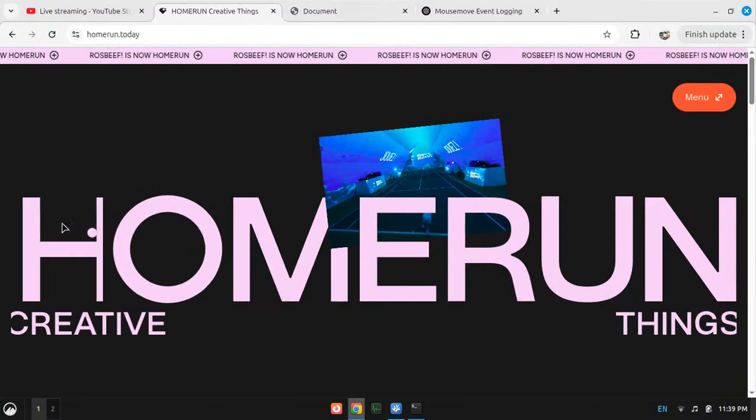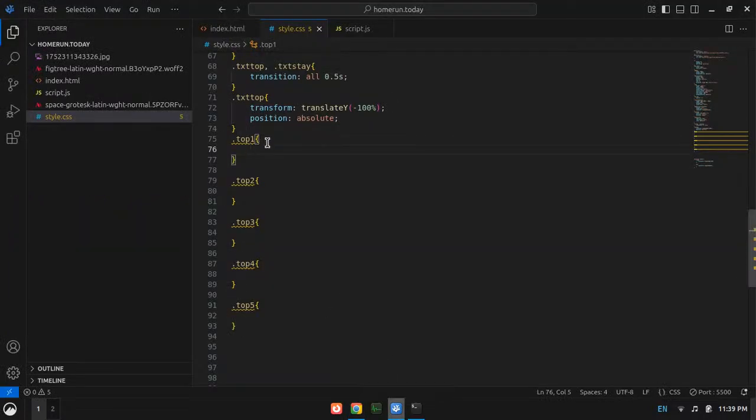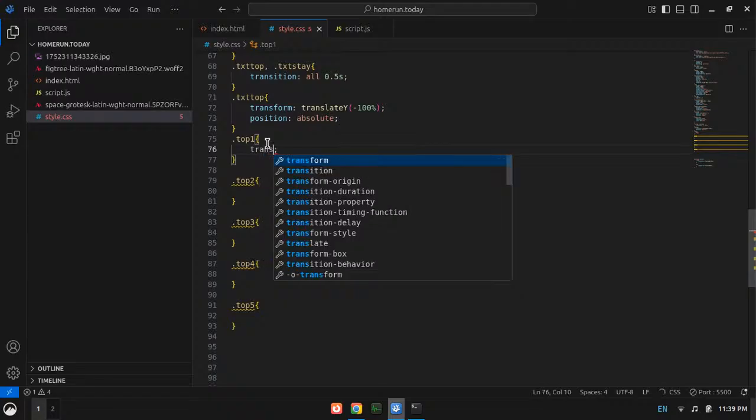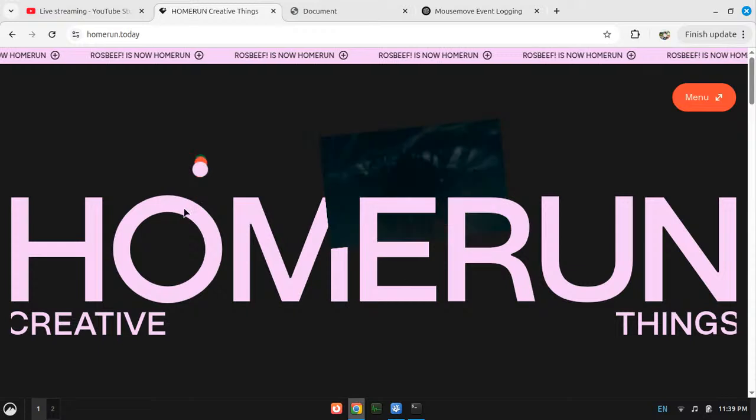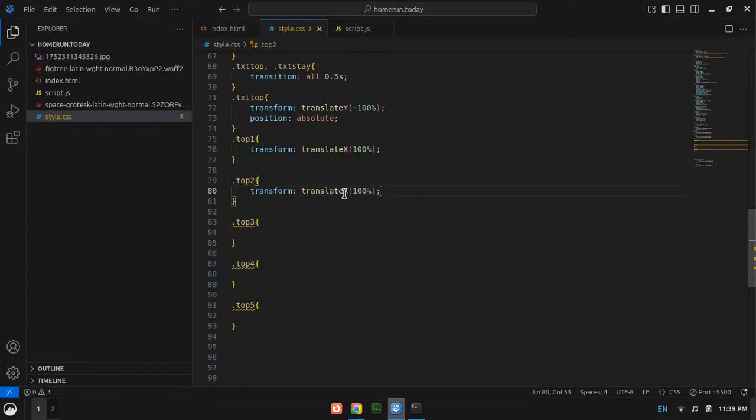Okay, this one will be from left to 100%, or not that, it will be transform, translate x 100%, then I'll copy this thing, then in the top 2 it will be transform, translate y, not 100 actually, negative 100%.